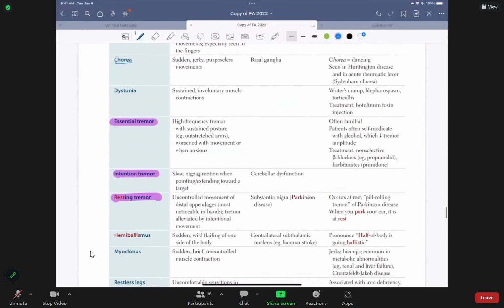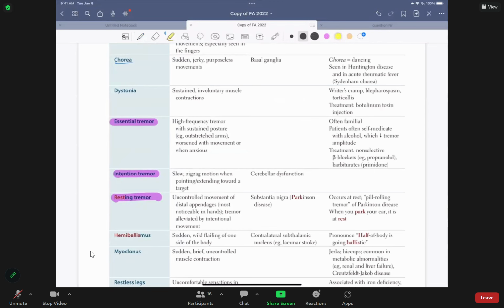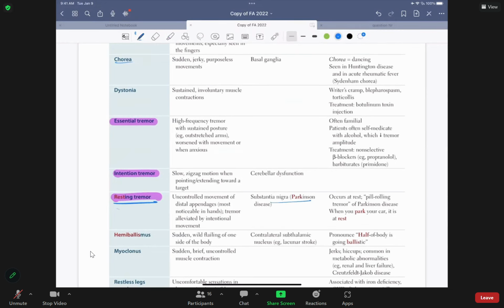These three tremors sometimes become very difficult to differentiate. Let's first start with resting tremor. Whenever we say resting tremor, I know you guys think of Parkinson's disease. That's where it happens. What is a resting tremor? A patient is at rest. Let's say I'm the person, I'm at rest. They have a tremor. This is exactly how they usually shake in Parkinson's disease, right? There's a lot of tremor when they're resting.